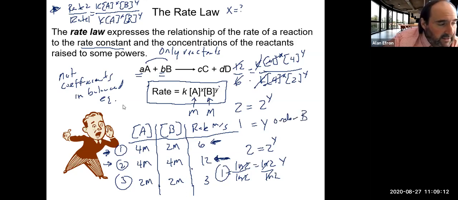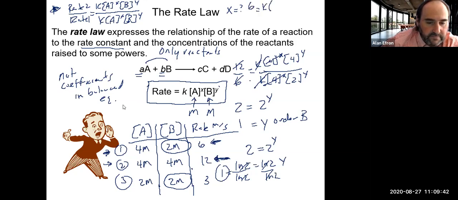Then what you would do is, and we'll continue on next time, but you would go back to the table and go, okay, I kept A constant this time. I need to keep B constant this time. And to keep B constant in my made up example, we would need to use entry number 1 and entry number 3 to do that. And again, you could put those numbers in just like we did before, and you will end up with, just really quickly,